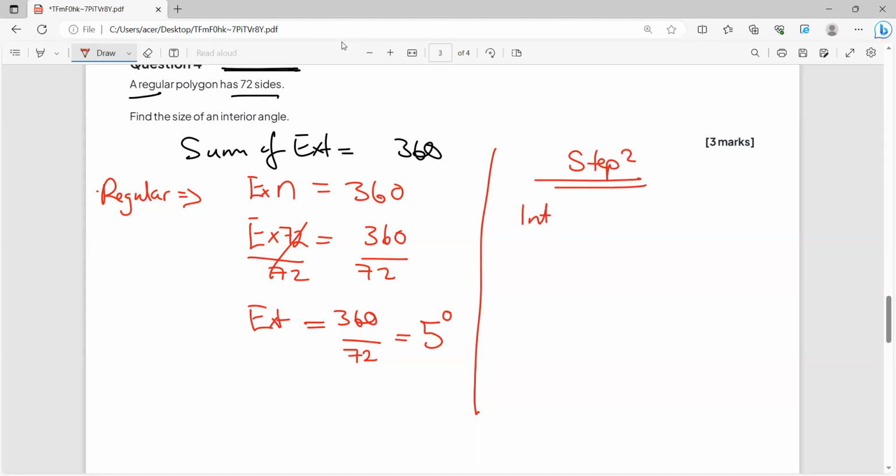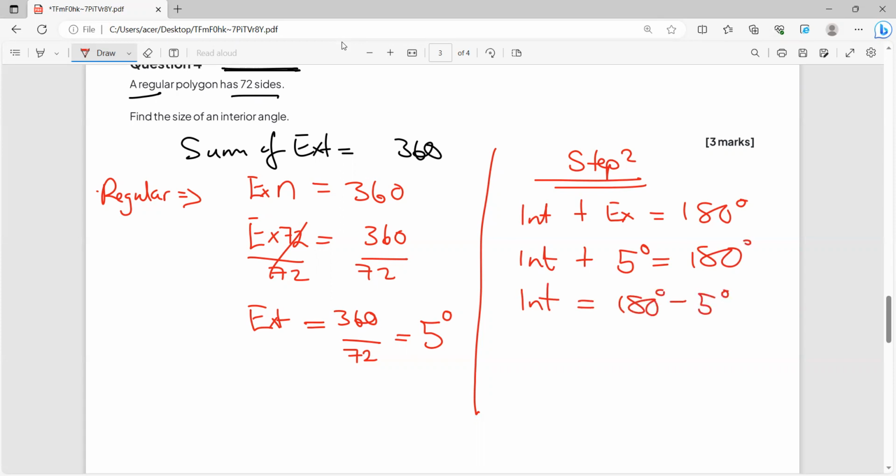Interior angle plus exterior angle must give you what? 180 degrees. So interior angle plus our exterior angle, which is 5 degrees, must give you 180. So our interior angle is equal to 180 degrees minus 5 degrees. And we get our interior angle as 75 degrees. So that is all you need to know. That is all you need to understand